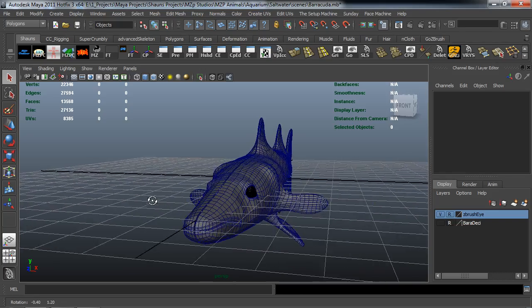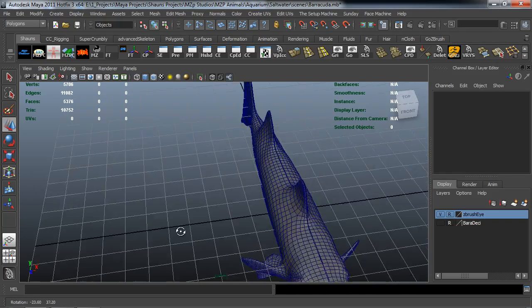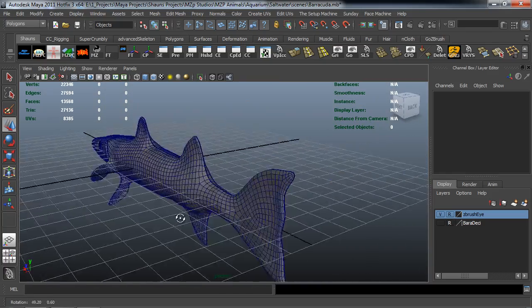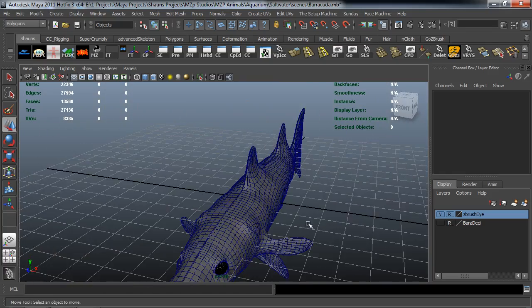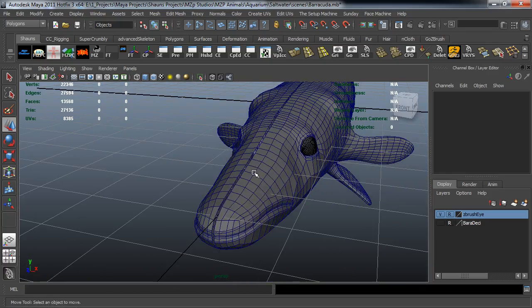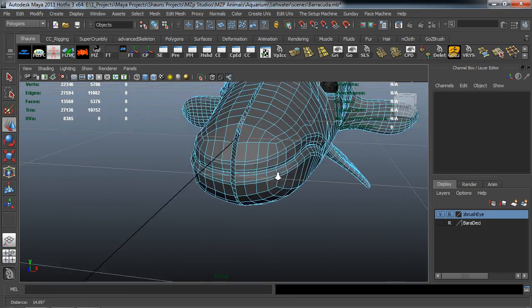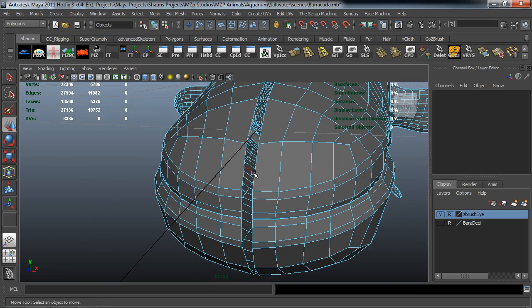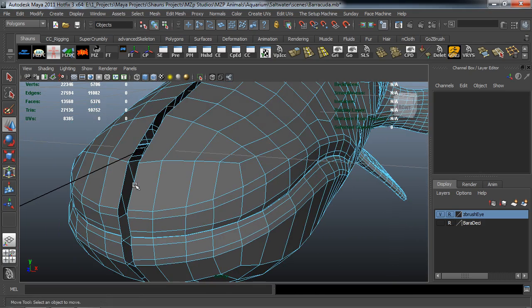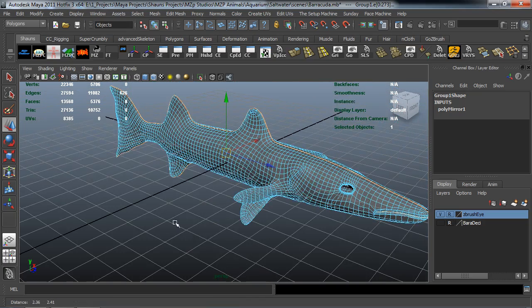Alright, so welcome back here everybody. And now we're going to go ahead here and finish up our retopology. And you can see that what we really need to do is make sure that we get all these edges connected as well as the vertices here. So we'll just go ahead here and select the border edges here. I'm just going to go ahead and select the edge, double select it so it selects the entire edge